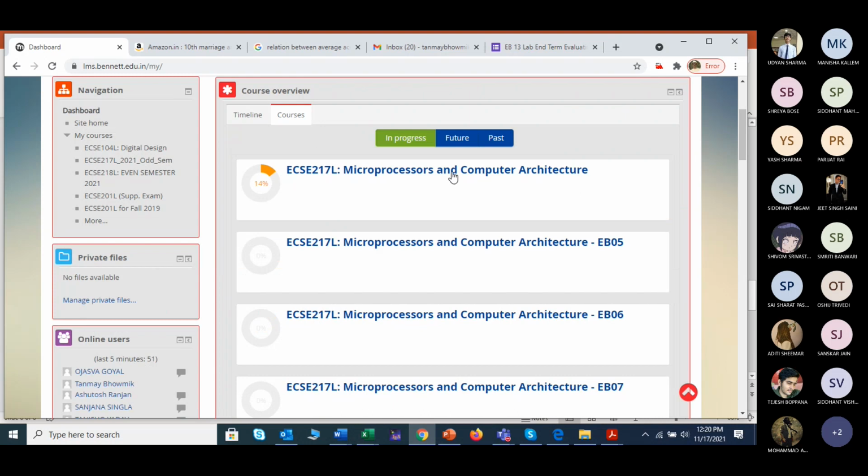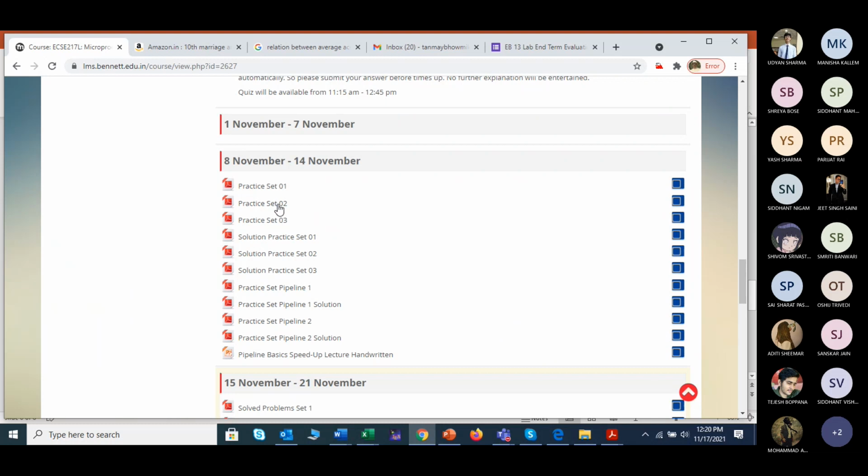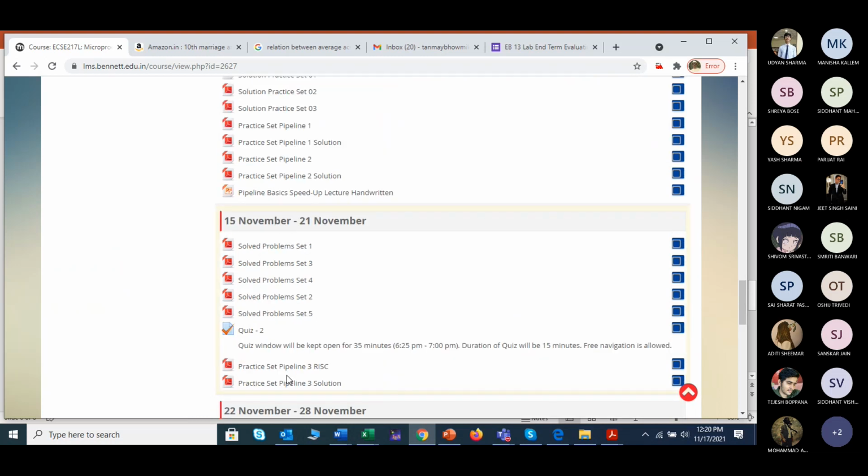I can show you that if you go to this section, all of these are practice sets. These are practice sets of memory. These are practice sets of pipeline. And here these are practice sets of RISC pipeline, and here some more problem sets have also been uploaded. So an ample amount of problem sets is there. For the in-term exam, you already have an idea that most of the numerical problems are given in the exam, right? So for the in-term exam, you can prepare and practice with these numerical problems.